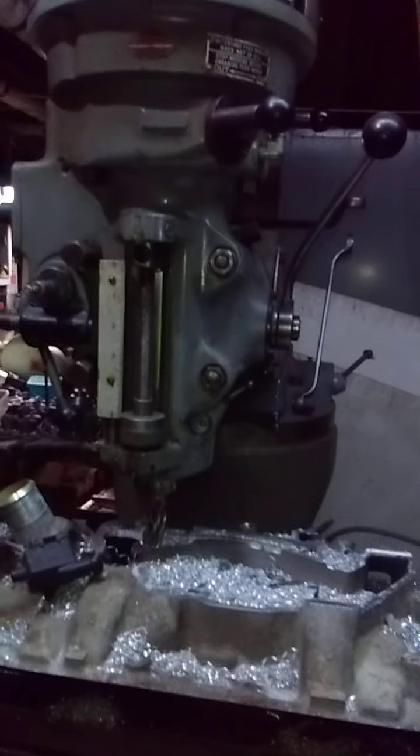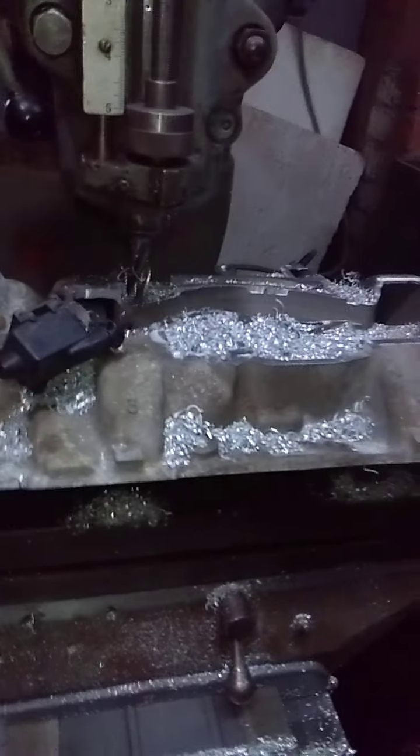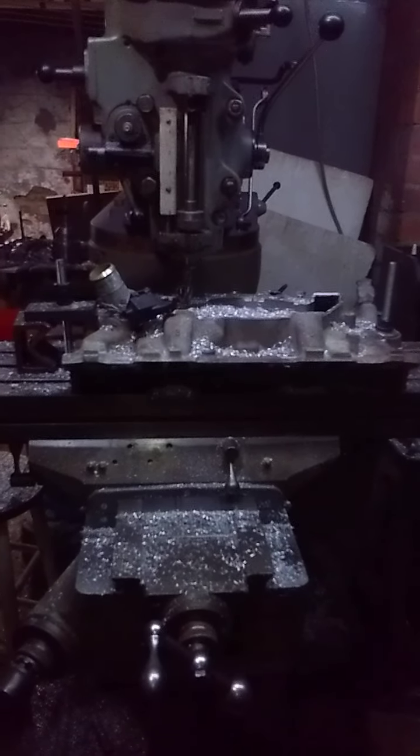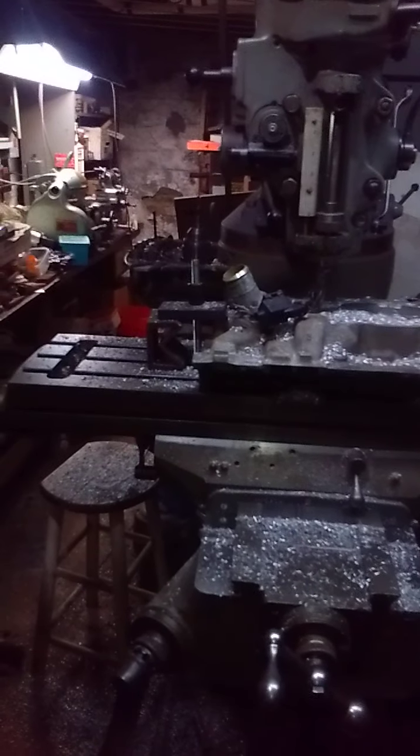My poor old Bridgeport. Bridgeport's a 1964. It's a year newer than the truck that this manifold's going to go on. We're going to use a pair of 450 CFM Quick Fuel vacuum secondary carburetors. 390 CFM, the Holley 3007, I believe is the part number,